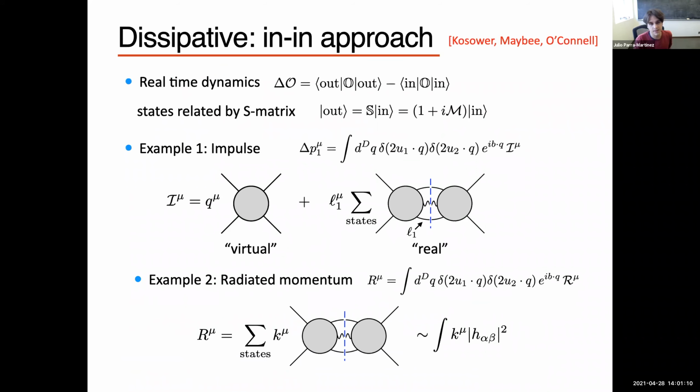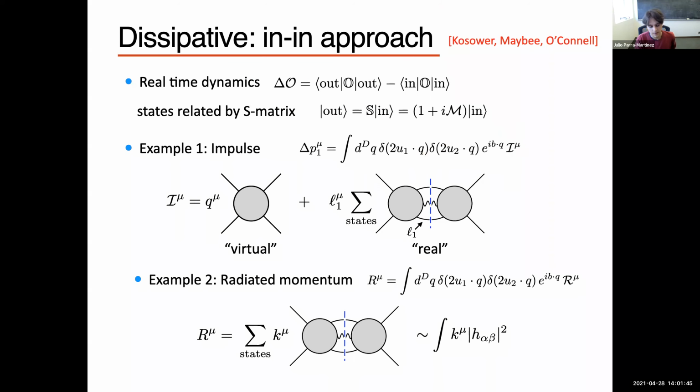We can also deal with dissipative effects using this in-in formalism, where we measure some operator in the out state compared to the in state. And because it's a scattering process, the relation between the in and the out state is the S matrix. So we can write all of these kinds of observables in terms of matrix elements of the S matrix and cuts with some measurement function. So for instance, this is the impulse of one particle, like how the momentum of one particle changes in the scattering event. And if you work it out, which they did in this paper, you find that it's some Fourier